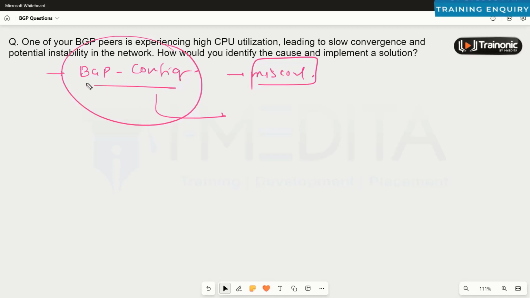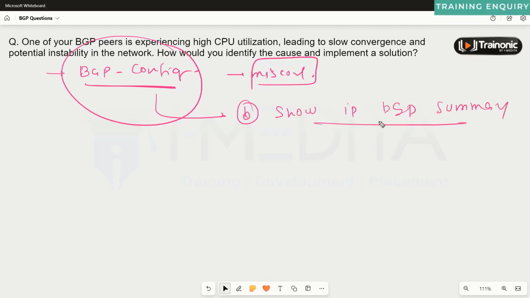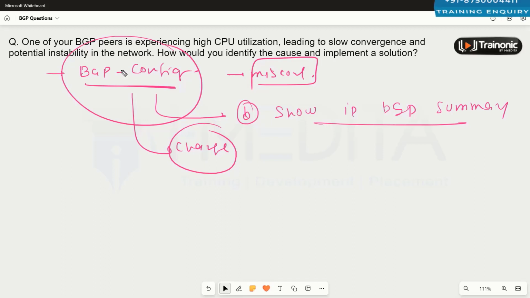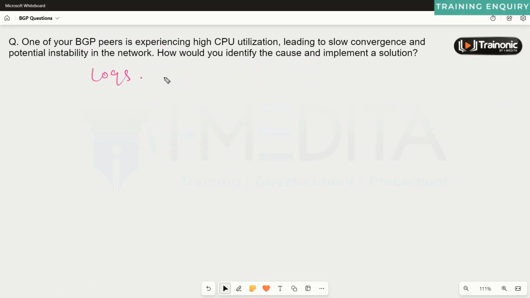We should validate that all the BGP configurations are okay, and then we can confirm from the command show ip bgp summary if the BGP neighborship with all these neighboring devices is established properly or not. We might have done some changes, so we should also check for those changes to find out any potential causes of the problem. Recent changes can also cause problems in the network. So from different resources, such as logs, these BGP outputs, and those CPU